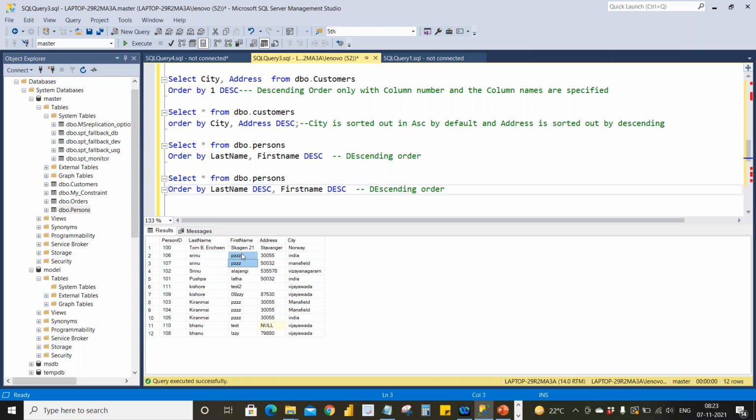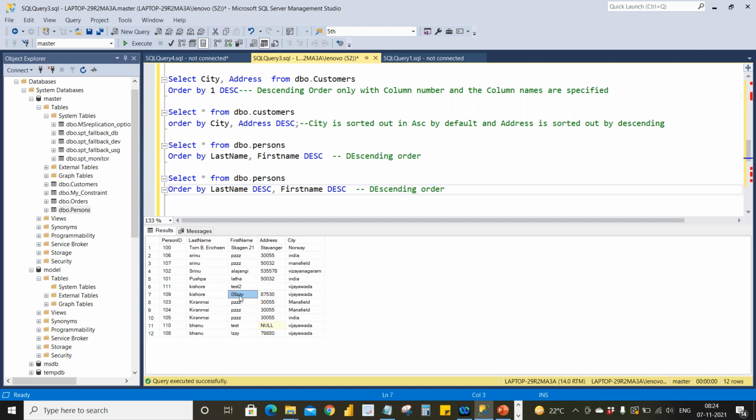Even in the first name it is duplicate. So by our order, if you give 106 in the front or 107 in the front, it doesn't matter, right? However you give, it will come in that way itself. In the Kishore rows 6 and 7, Kishore being the duplicate, the first name will be sorted in descending order.